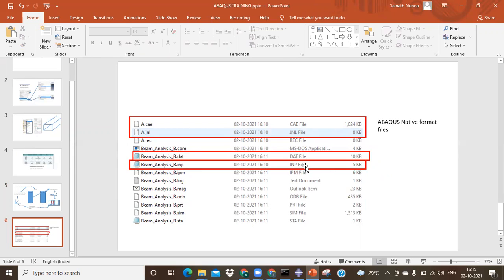And the INP gives you how many elements are there, the identification number of each and every element, the node identification numbers, and the position of each. So whenever you have an INP file with you, we can open it with any other software, or in other versions, or in the same Abaqus also you can open those files.